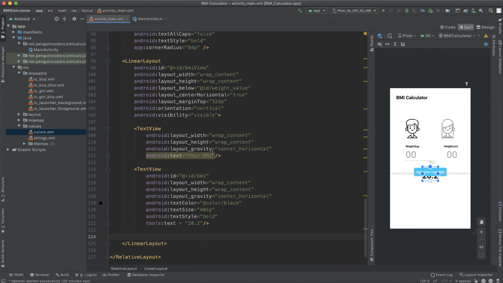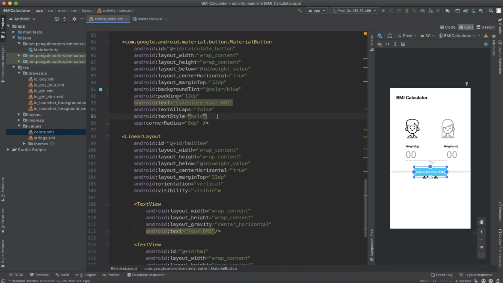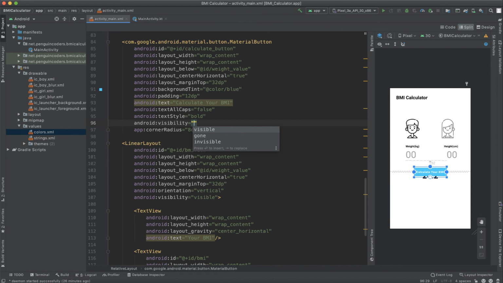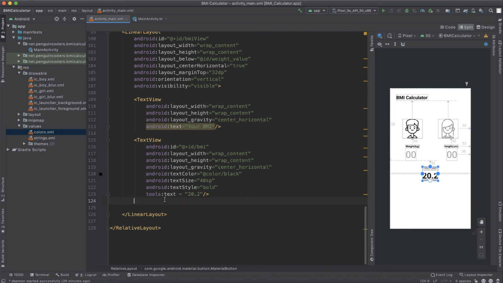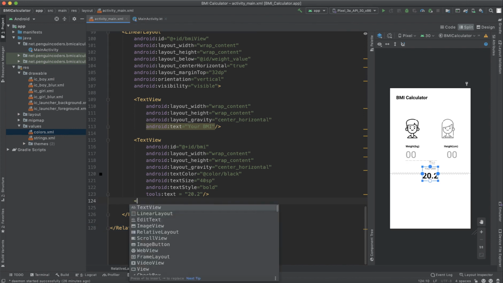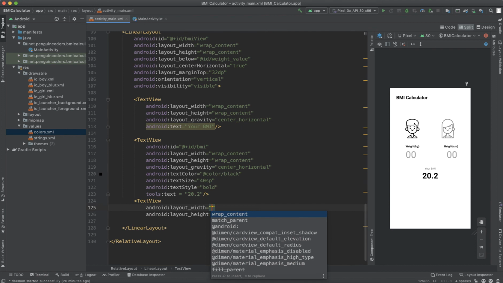And I'll show you one more thing. I will add this Android visibility to my button, and I will make it gone so that you will be able to see the linear layout very easily. So I'll keep it as gone. Now you will see how the screen looks after the BMI has been calculated. So you will see your BMI and then the BMI value. Then we have an option to get the BMI status.